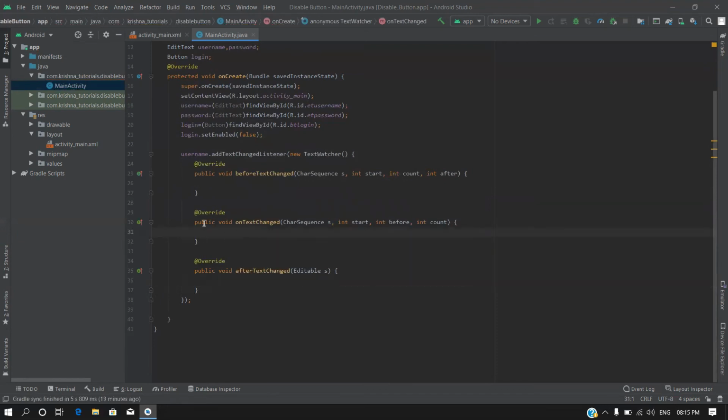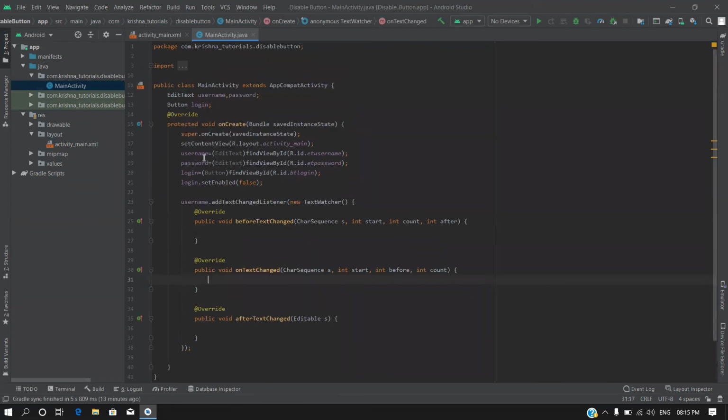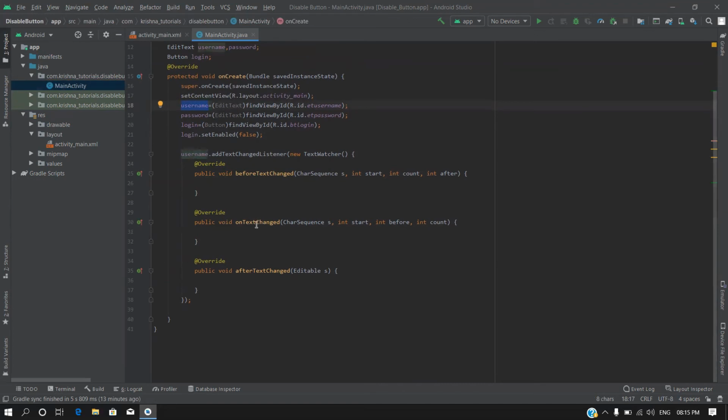So let's start. Our condition is that the text in this edit text must be, let's say, a certain username and password. Then and only then are we going to enable this login button.